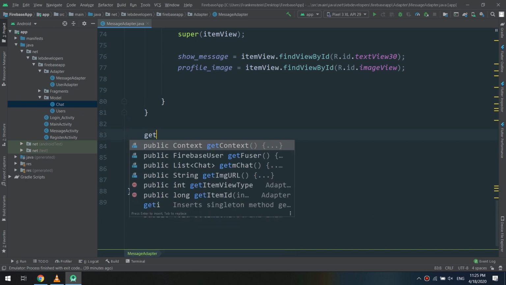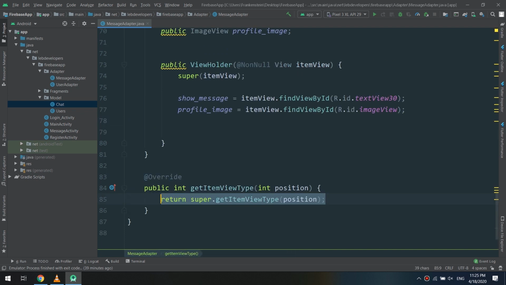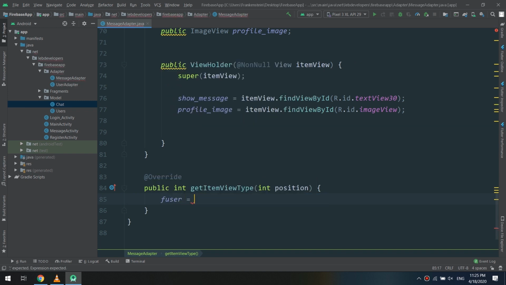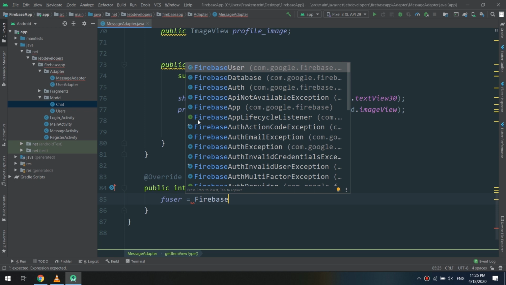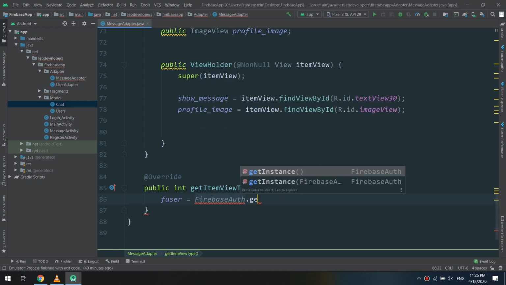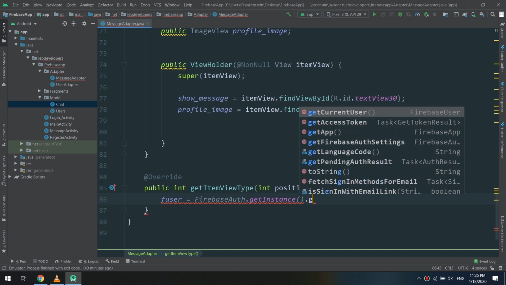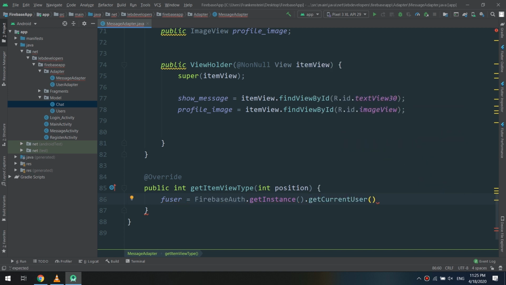Here we are going to make the getItemViewType method, and we are going to override it by using the fuser, FirebaseAuth.getInstance().getCurrentUser(). Okay, so we are getting the current user, and we need